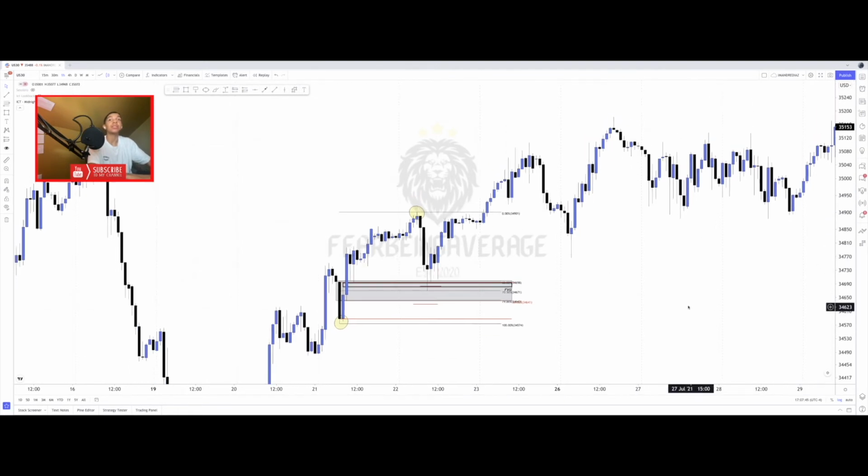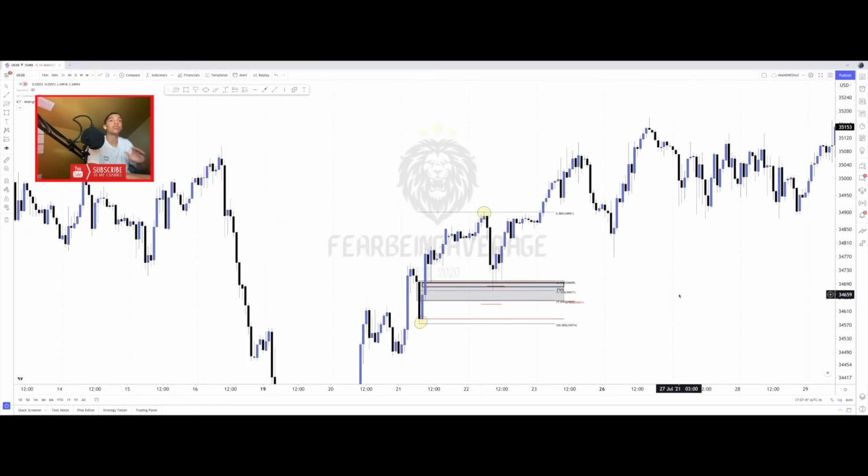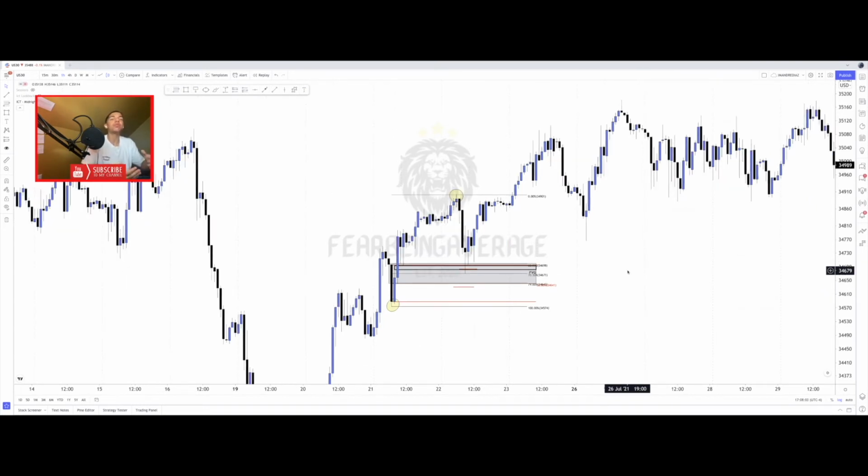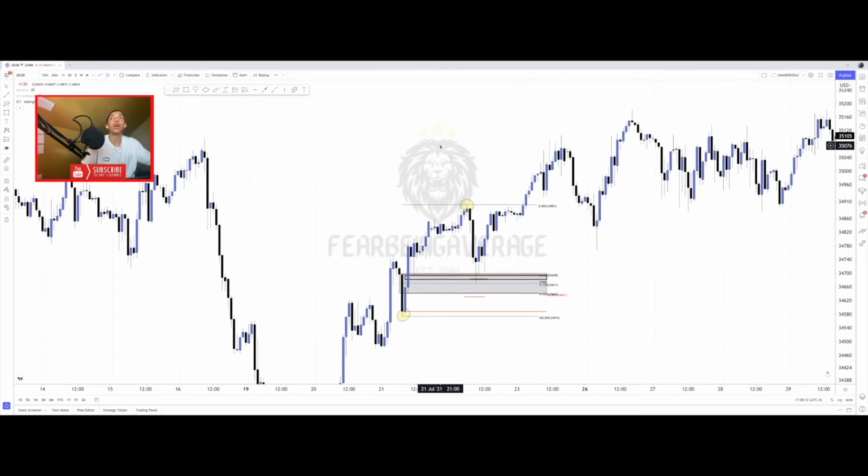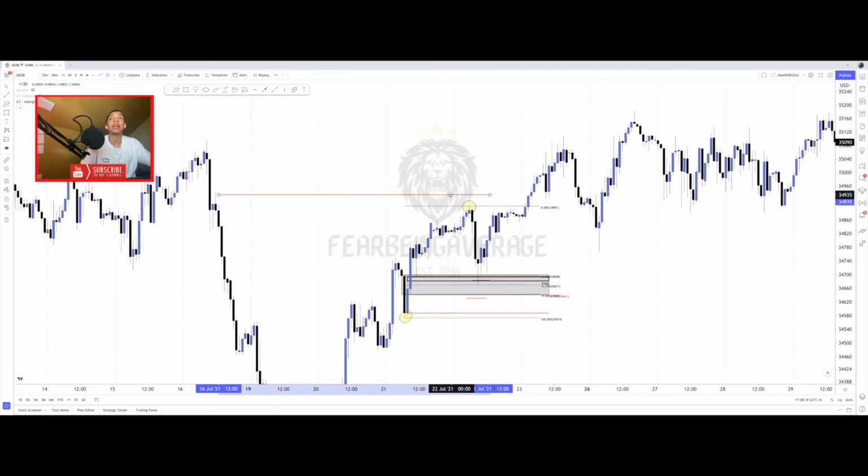The Fibonacci itself isn't the only thing you're using to get these trades. You're using other confirmations along with it. It's not just one. There's multiple things that go along with it. So this is what I mean when I say the Fibonacci by itself is not the reason it's doing all of these things. There's other things going on in the market that lead price to go where it wants to go. And also knowing the fact that this all right here created a relative equal high, creating buy side liquidity,